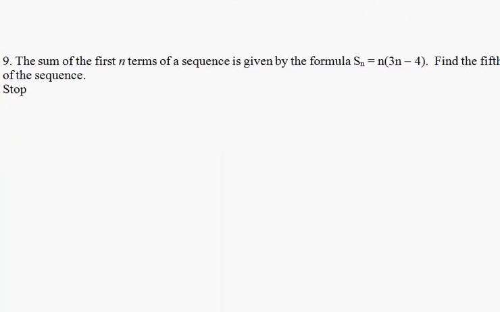Last one to go. The sum of the first n terms of a sequence is given by this, so this is the sum of the terms. What is the fifth term of the sequence? Well, and this one's a little unique. If this is the sum of any terms, and I want to know what the fifth term of the sequence is, the easiest way I find to do this is, well, let's figure out what the sum of the first 5 terms is. Well, that will be 5 times 3 times 5 minus 4, and that is equal to 5 times 15 minus 4, which is equal to